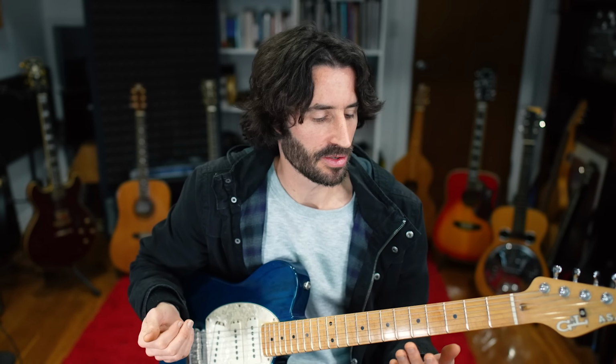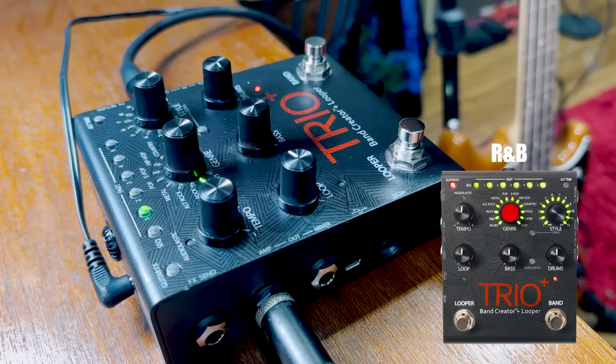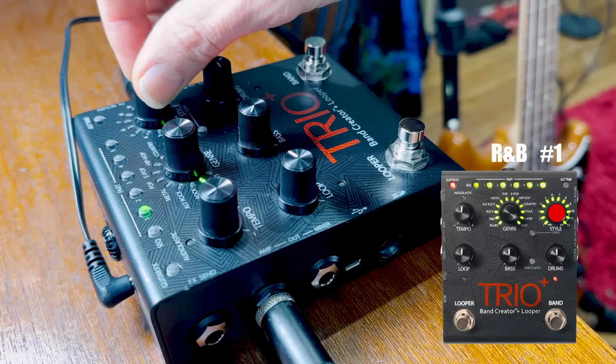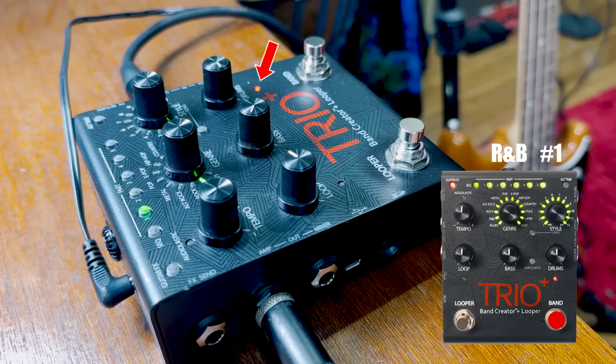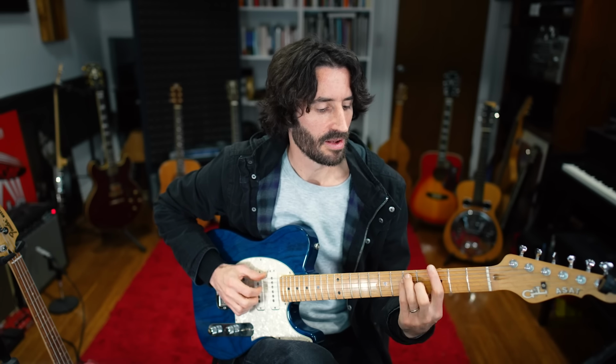And I haven't prepared anything because I wanted to come up with something original on the spot and see how the pedal responds. So if we just take a chordal groove to start with, imagine you've got two chords that you're bouncing back and forth between. So I'll set the genre here to R&B, and I'll set the style round to number 1. And I'll hit the band button here. And when it flashes red, it's ready for me to play something into it. 2, 3, 4, and...